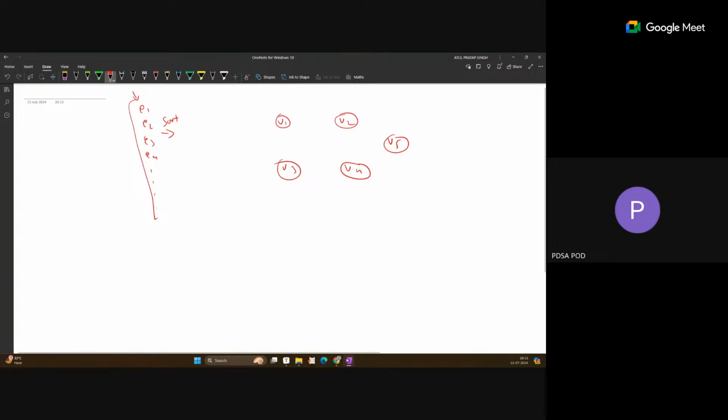Okay, for every component we make any one vertex the leader of that component. This means initially each vertex is a separate component, so we consider the same vertex the leader for it. So v1, v2, and v3, this information we can maintain. And v4, v5. After sorting, suppose we get the order e2, e4, e1, e3,